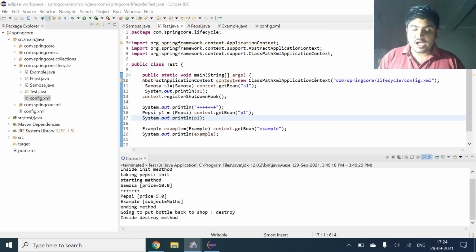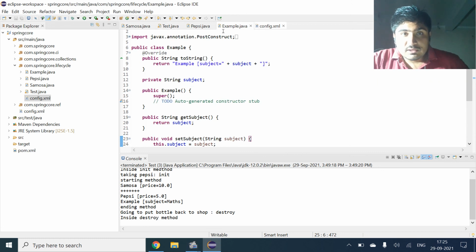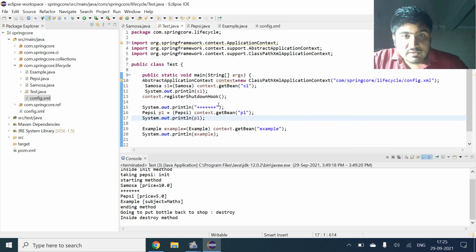In this session, I have covered implementing of bean life cycle annotations, PostConstruct and PreDestroy, then implementing of bean life cycle, in which I have used InitializingBean and DisposableBean by implementing methods. I have introduced few methods, then I have given the values in this example, in this test file, and I have just given the print.